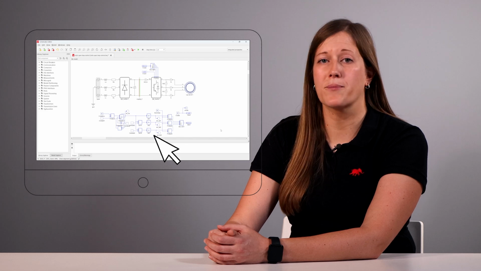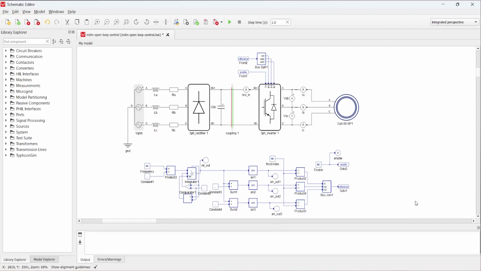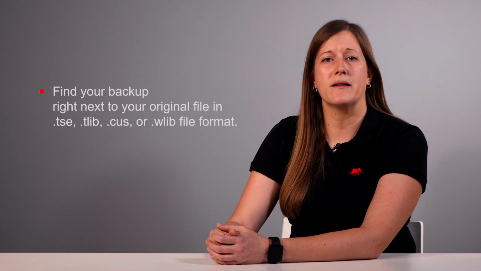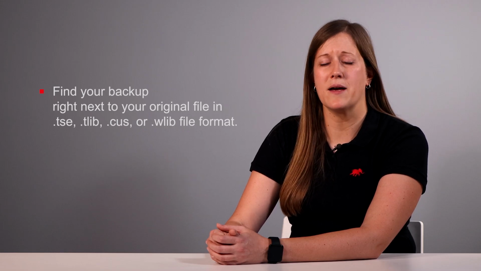We are happy to introduce a new autosave feature for Schematic Editor model and SCADA panel files. When you're working in Schematic Editor or HIL SCADA, you will see a pop-up showing that a temporary backup file has been created. The backup file will be located alongside the original file, which could be in a TSE, TLib,